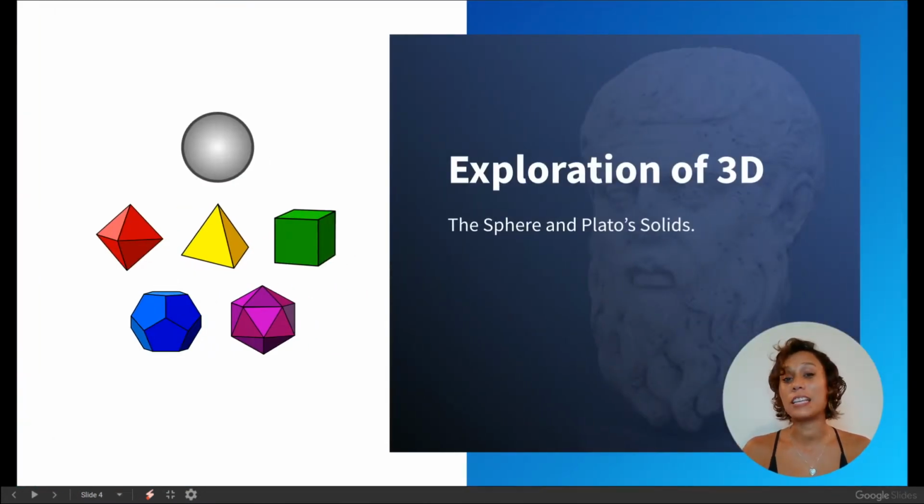But the cube is not the only 3D form that exists. In fact, there are 5 different forms, including the sphere. The sphere is, in a sense, the all-encompassing form because it has infinite sides. For example, the cube: if you count the corners, 1, 2, 3, 4, and another 4 on the bottom, that makes 8. So if you mark 8 points on a sphere that are exactly the same distance from each other, and you connect them with lines, you have a cube. And you can do that with any of these 5 shapes.